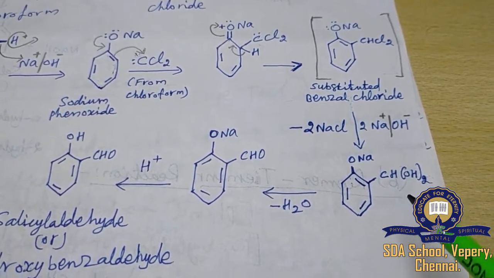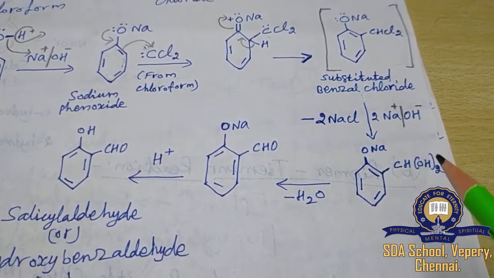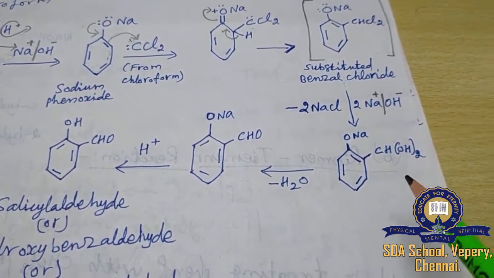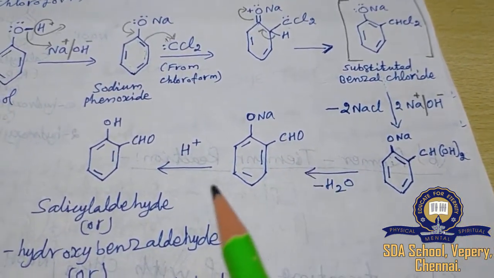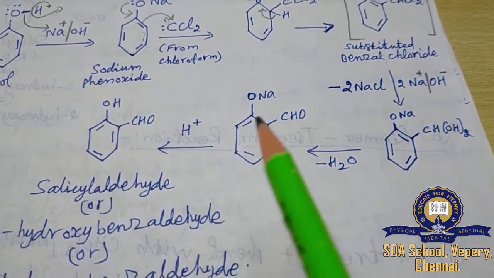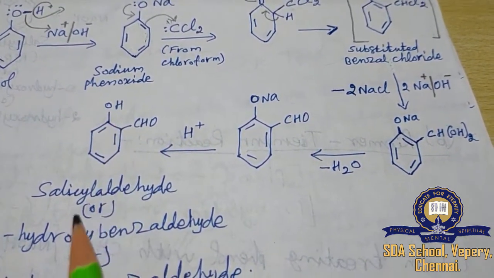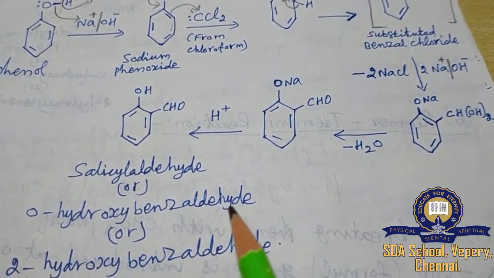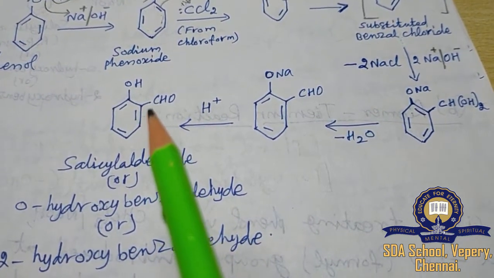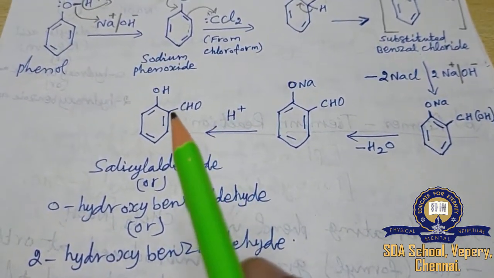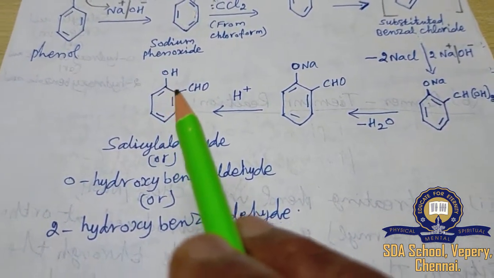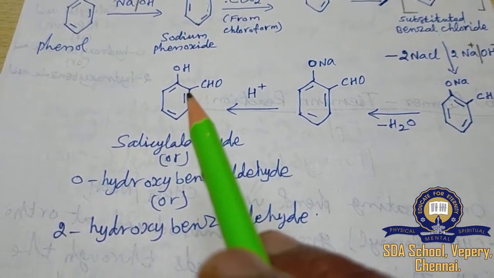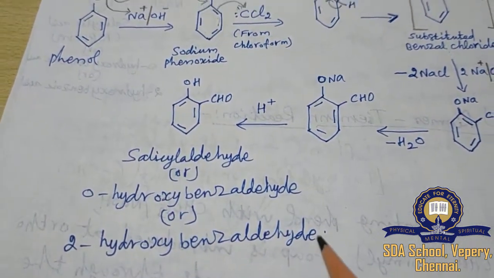Now it undergoes dehydration, that is a removal of a water molecule. It will become a CHO group, that is H2O from that group gets eliminated, the remaining will be CHO. Now it undergoes protonation, that means Na plus is replaced by H plus, which will give you salicylaldehyde, orthohydroxybenzaldehyde. As with salicylic acid, with respect to the carbon having the CHO group, this carbon is referred to as the ortho position. So orthohydroxybenzaldehyde, or otherwise we can say this is carbon number 1, this will be 2. So 2-hydroxybenzaldehyde.